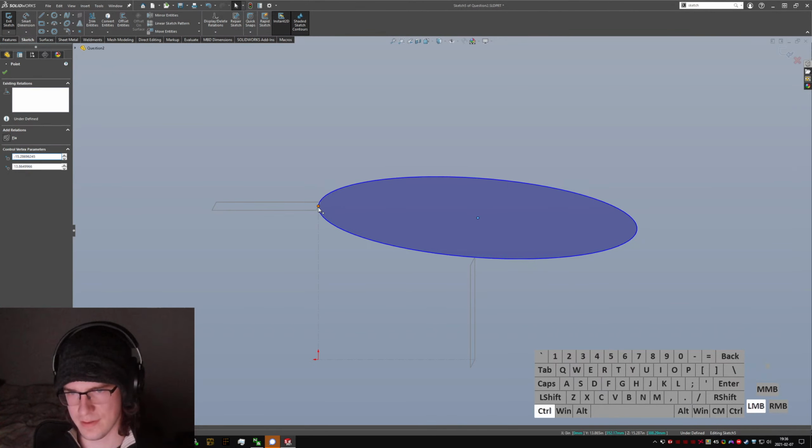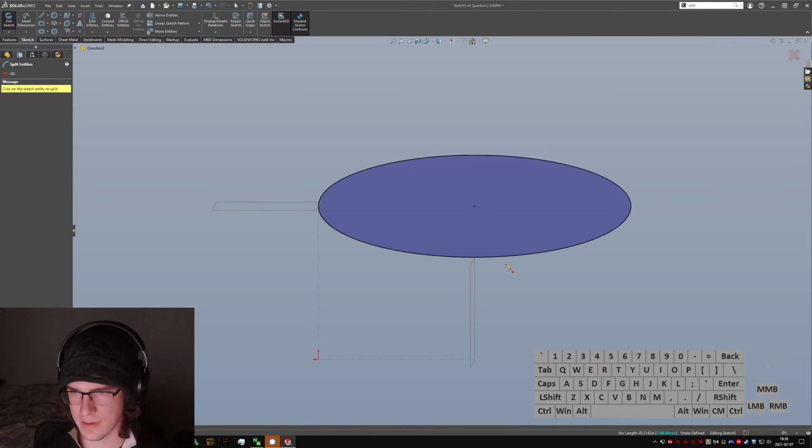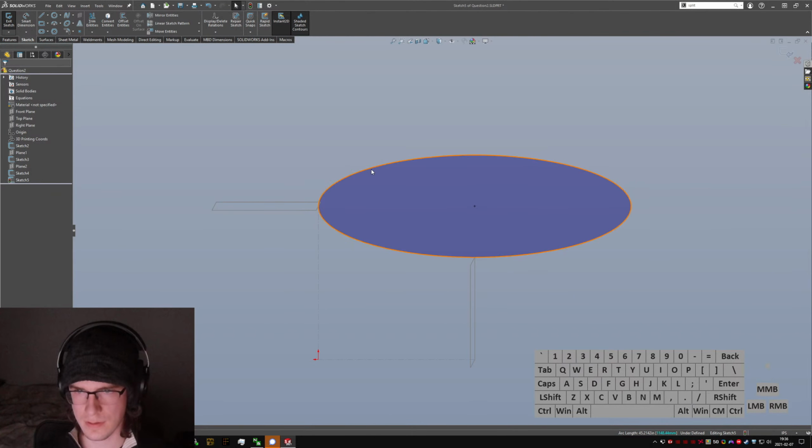So now we're going to, just using the points on the ellipse itself, horizontal. Hey, look, that works. Okay. Split entities. We'll go right here. Okay, so now I can delete that whole edge. That breaks it. How rude. So I'm just going to leave that construction line there. I don't know why it's not giving me the usual points that are visible around the edge. I must have busted a setting somewhere and broke it, but